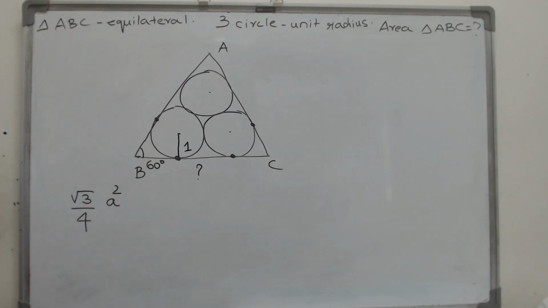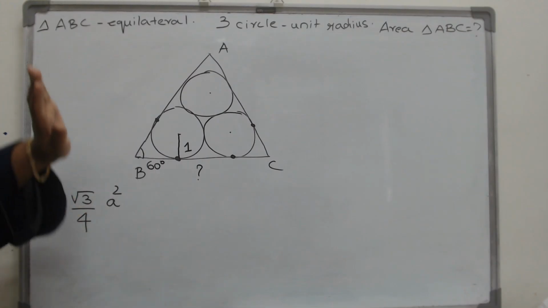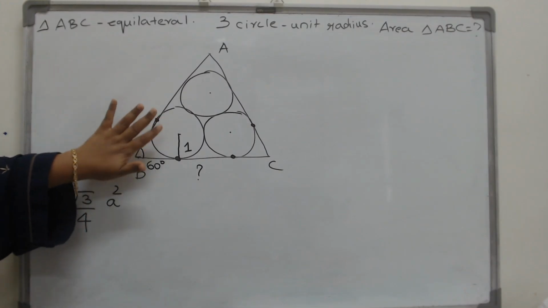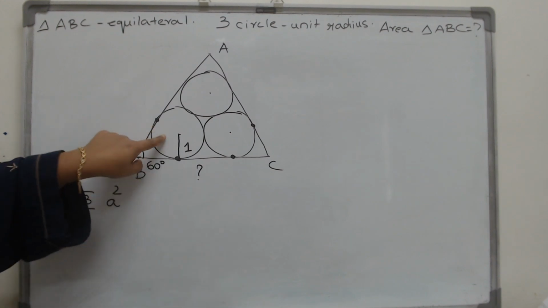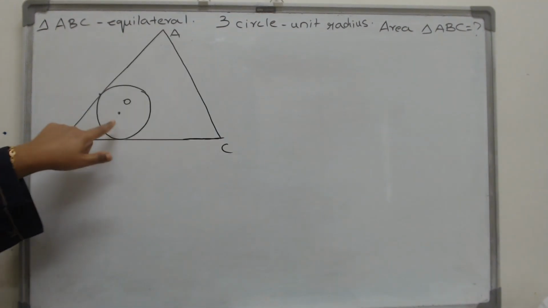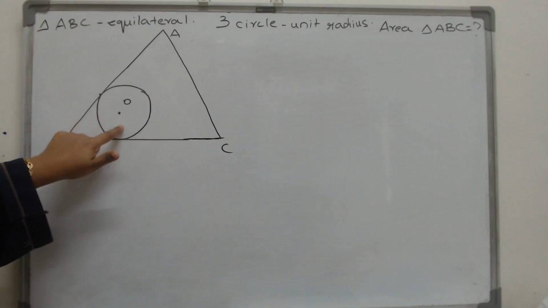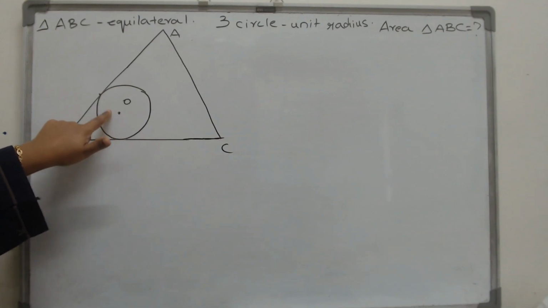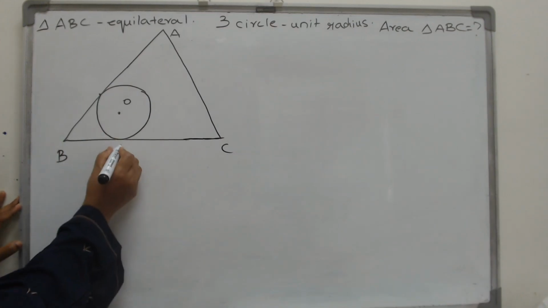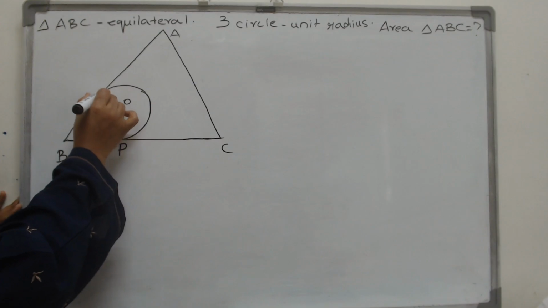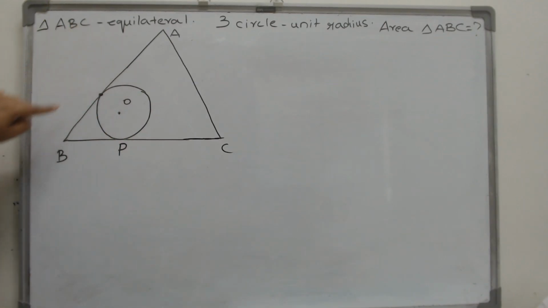So, in other words, what we have here is a symmetrical figure. Instead of breaking our head with all three of them, let us just concentrate on any one circle, and whatever result we get here will apply for the other two also. So, let us concentrate on this one, with its center at the point O, and let the point of contact with this side BC be P,